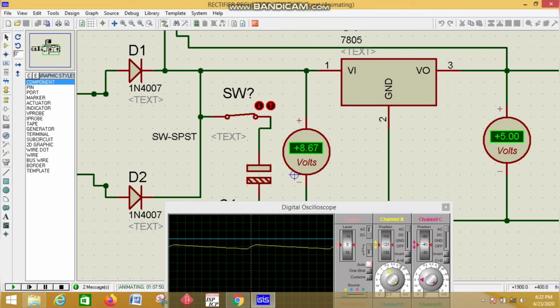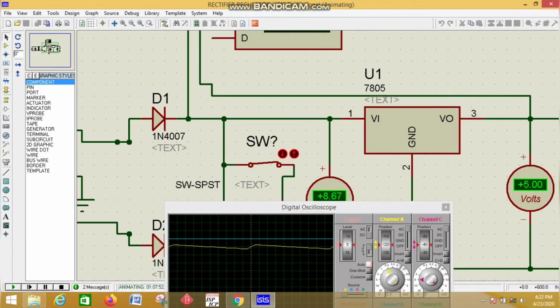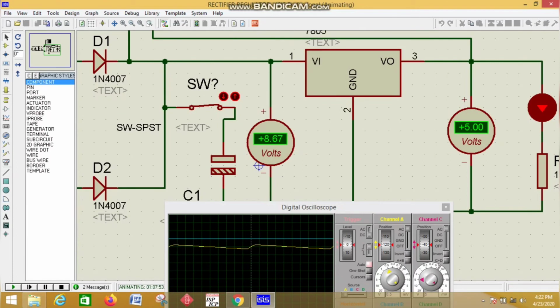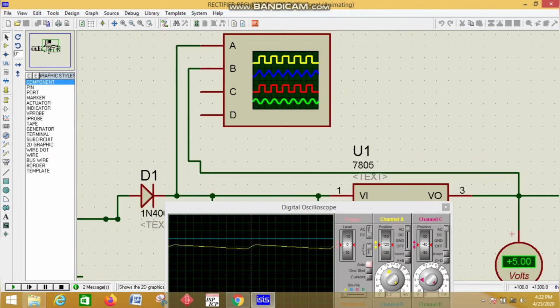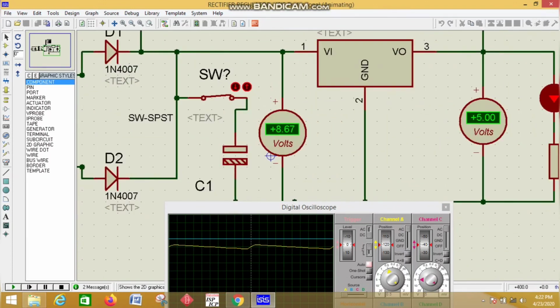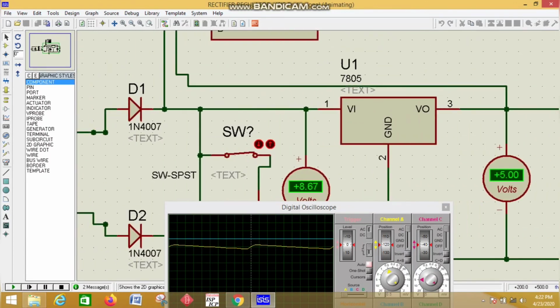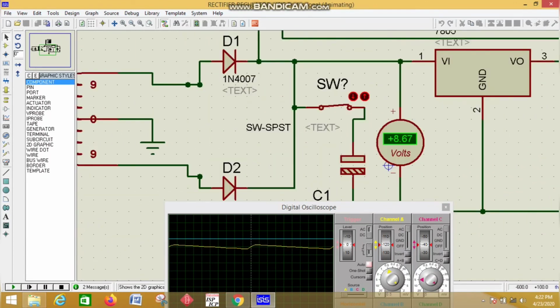One more terminal, the output of the regulator, is connected to another channel of the oscilloscope, indicated with a blue colored waveform, and that shows how we are getting a constant and stable DC output coming out of the regulator.